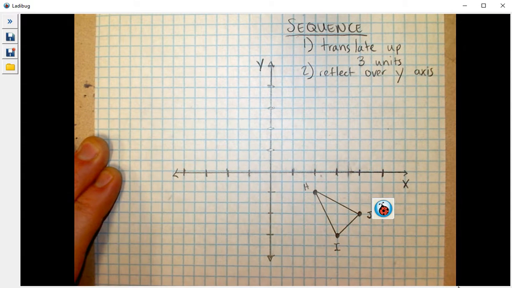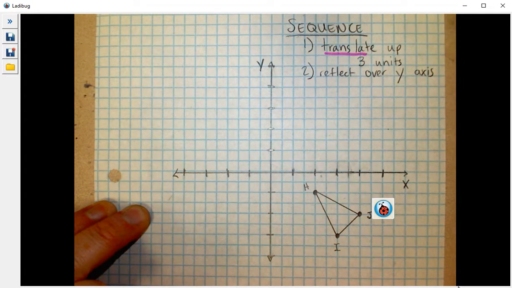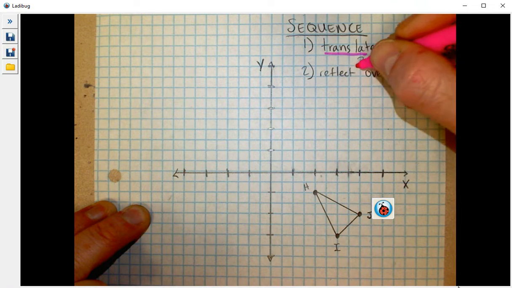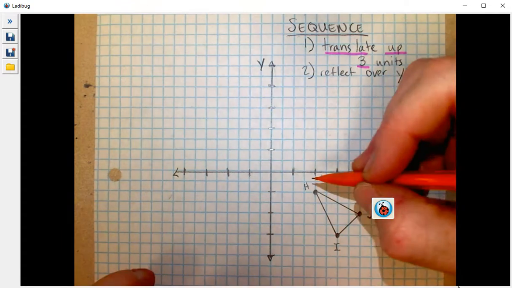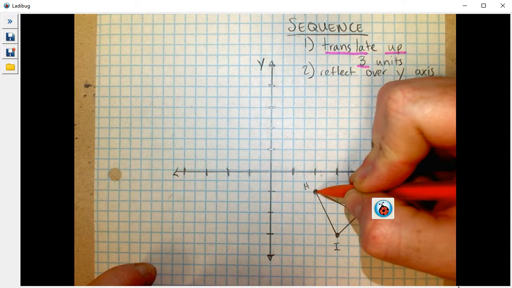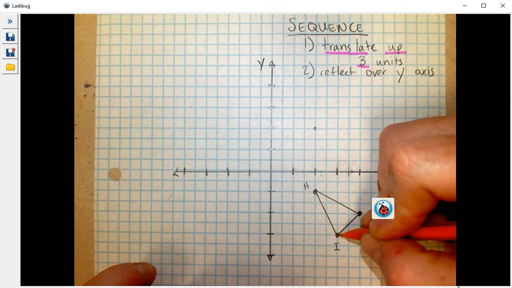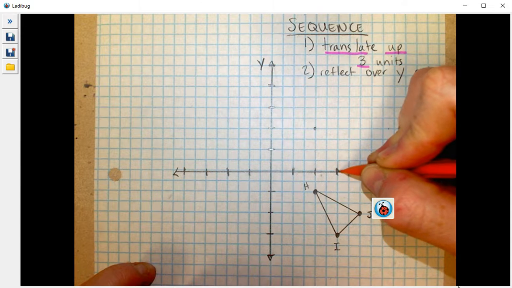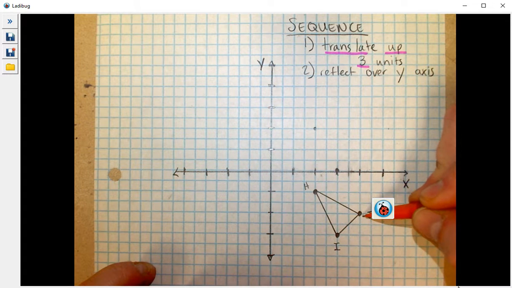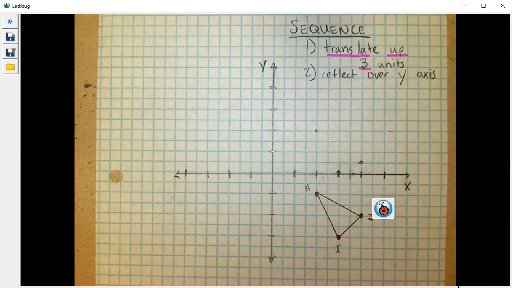So let's do it. First, we are going to translate our triangle 3 units up. So we're going 3 up, and the translation is just sliding. So let's do that. We'll start with H. We're going to go up 3. 1, 2, 3. We'll take I and we'll go up 3. 1, 2, 3. I will be right here on the x-axis, and J is going to go up 3 as well. 1, 2, 3. So our new triangle,